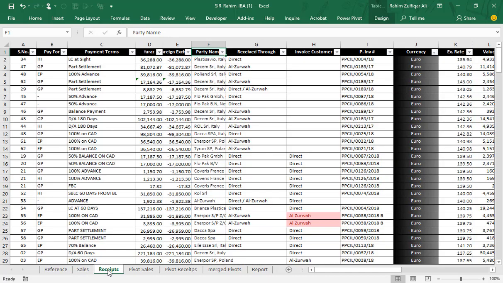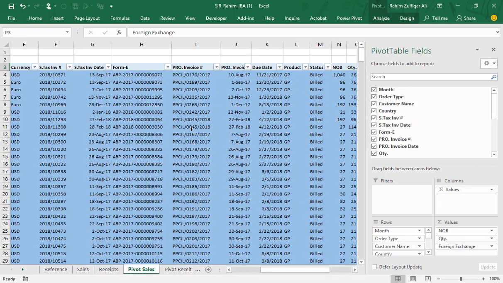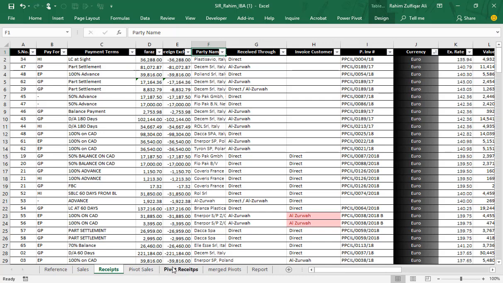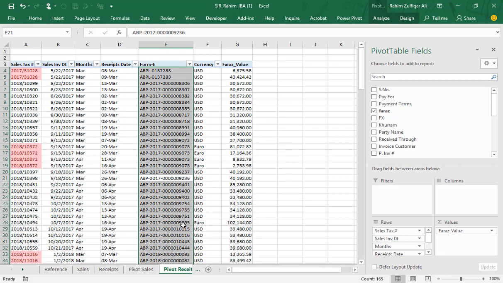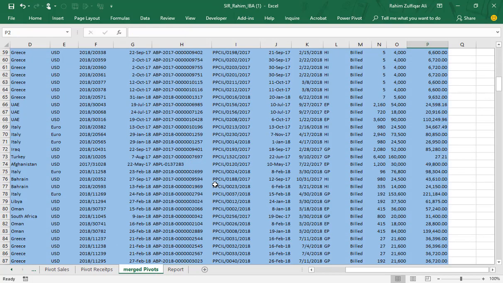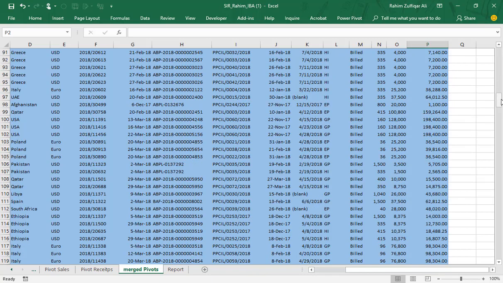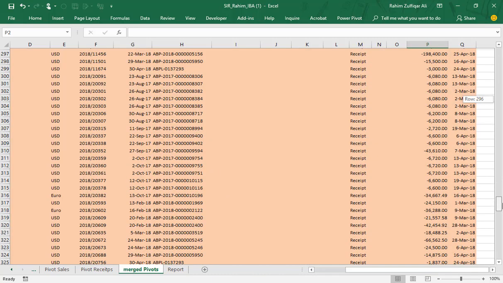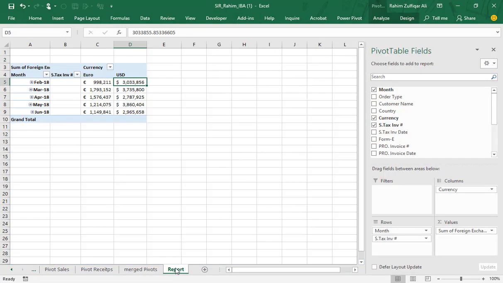What he has done is he has created a pivot of the sales data in pivot sales, and then he has created the receipts sheet pivot in the pivot receipts, and then he has merged these two pivots' data into the merge pivots. For example, in the blue highlighted cell, I guess this is the sales, and then he has put the receipts data together to make one more pivot finally.